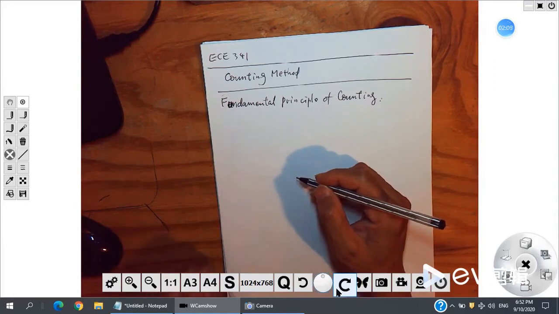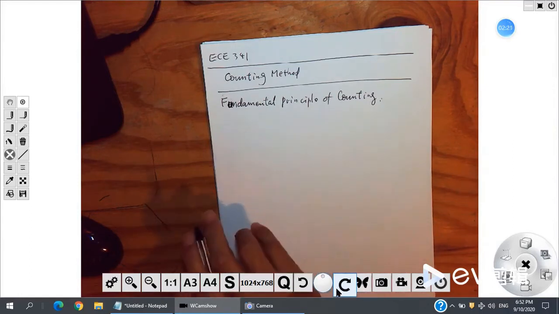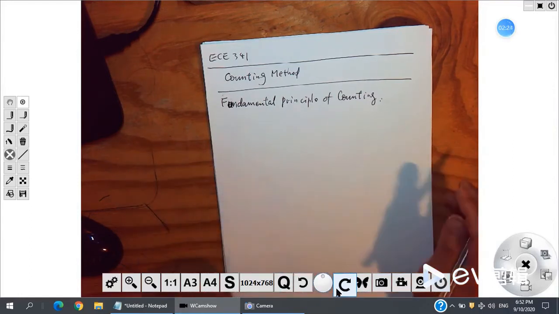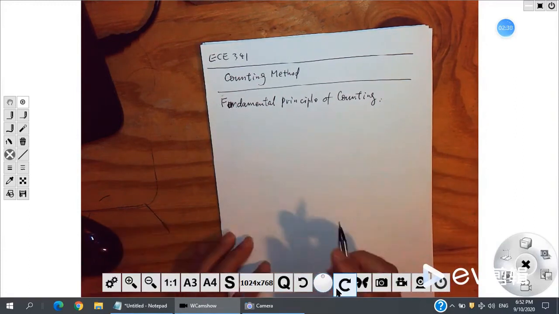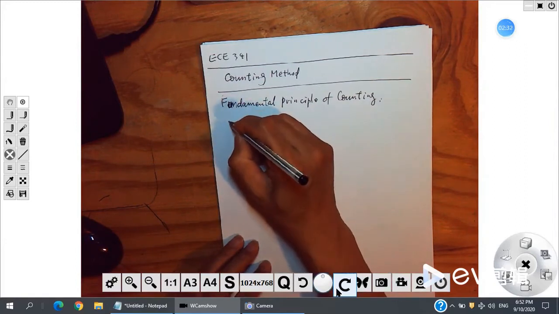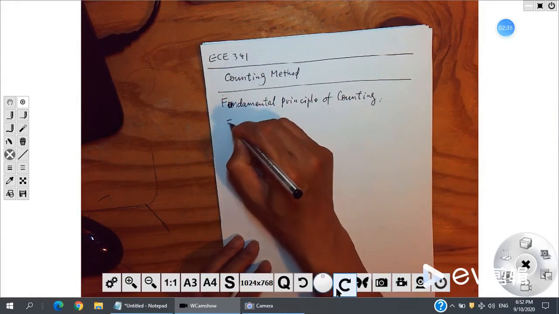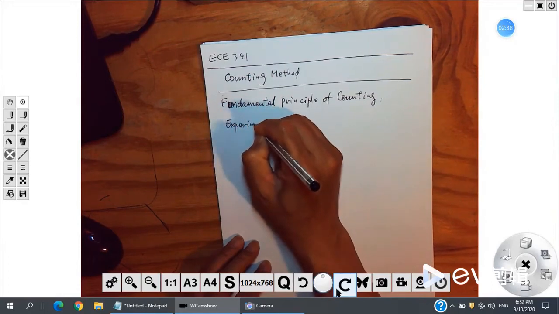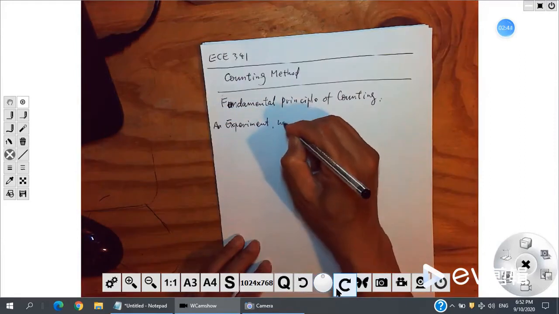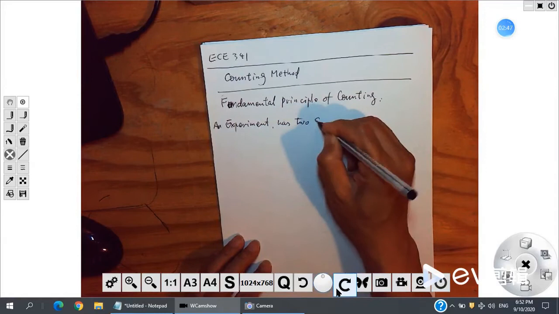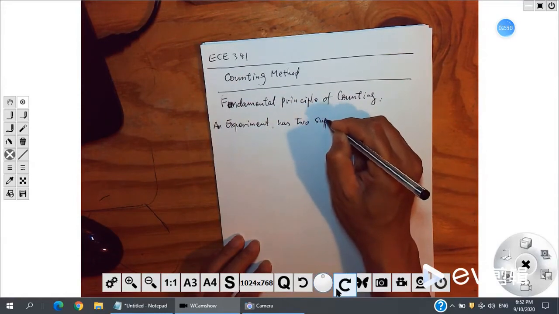The thing is, we have 26 letters. We pick any letter from these 26. We have 1 letter, right? This is one sub-experiment. Now we need to pick 2 letters. So then we have 2 sub-experiments, right? And combine together as a whole experiment. So if we do an experiment that has 2 sub-experiments,